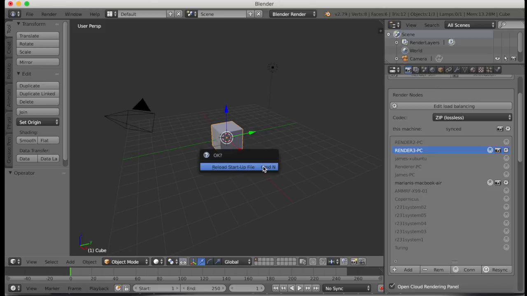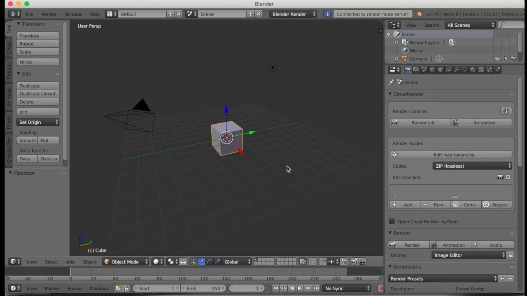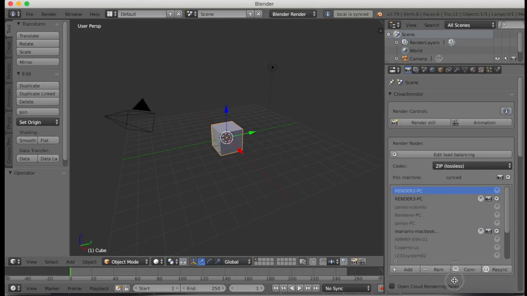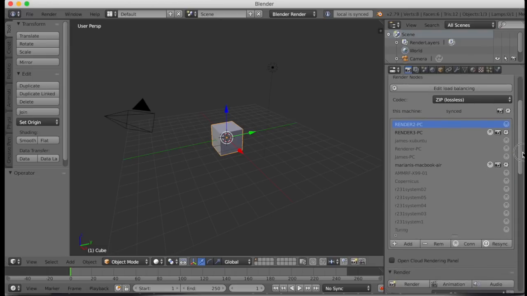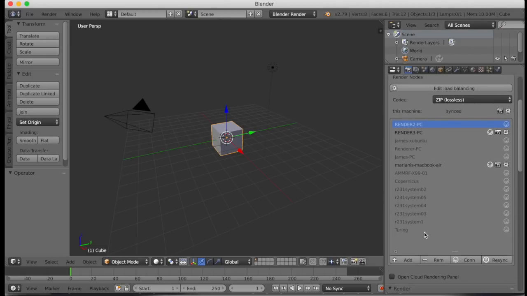So you'll see that if I reopen the startup file, it's initially blank, but then once it contacts our server, it actually populates automatically all the computers that I've got. Each of these computers have been logged into my account at some point, and so they're remembered. If you want to add a new one, you can add